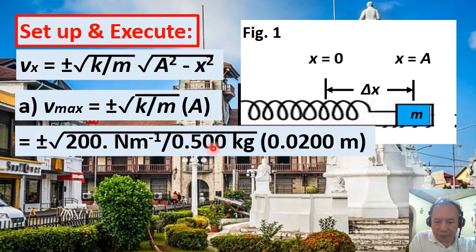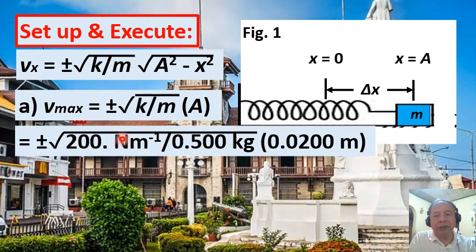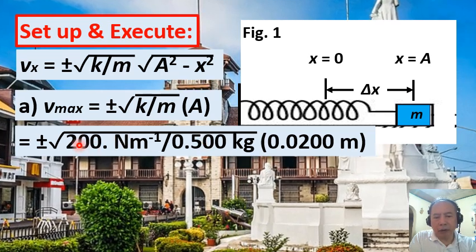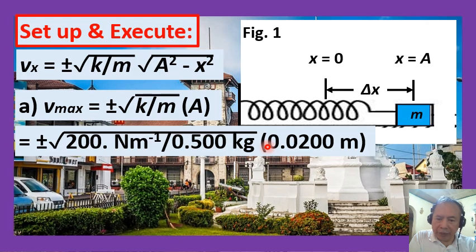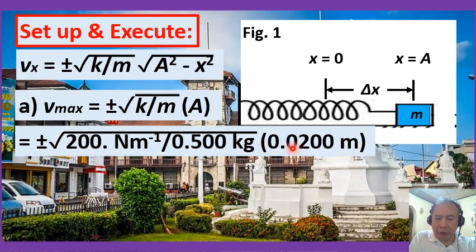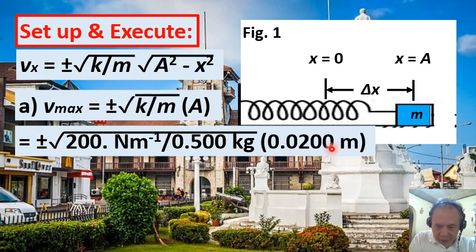And whatever is the result of getting the square root of the quantities inside the radical sign, we multiply that by the amplitude, 0.0200 meters. So when you do the math,